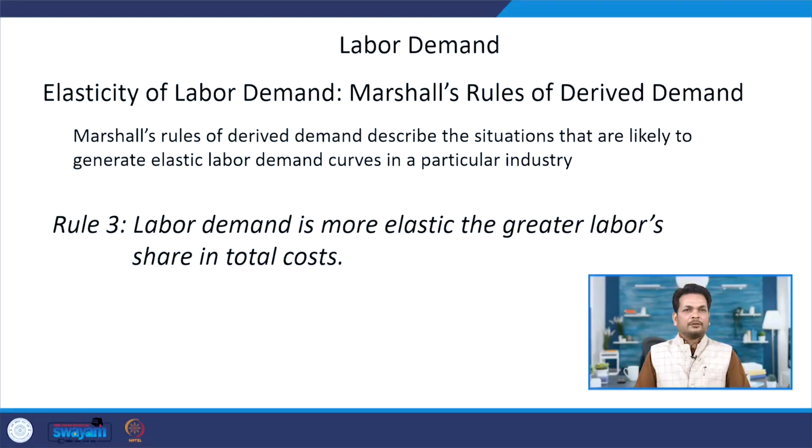Now, moving to the third rule of Marshall's derived demand: labor demand is more elastic the greater the labor's share in the total cost. So, as per this rule, if the labor share is greater in the total cost, the labor demand will be more elastic. Suppose labor is a relatively important input in the process of production, in the sense that the labor share of total cost is large. This kind of situation might occur